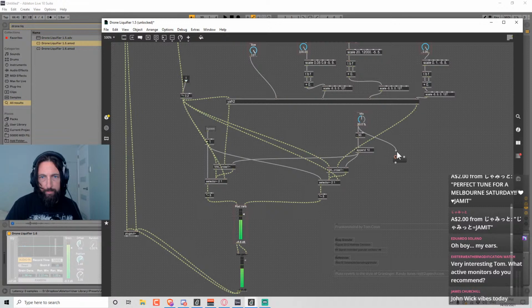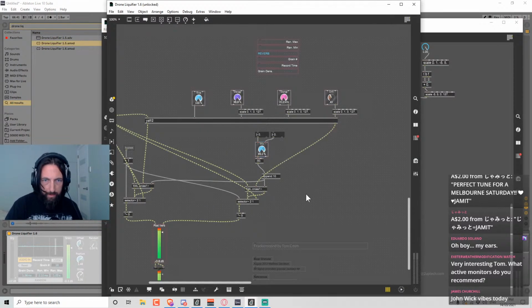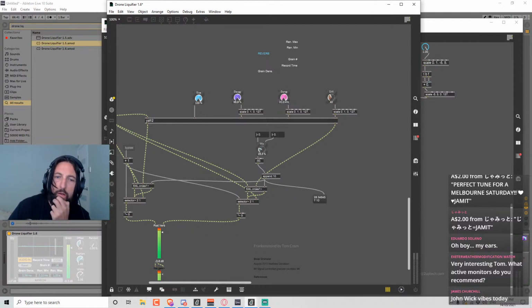So this just outputs 0 to 100. The append on. Negative 50 to 10, okay. Should be doing the same thing. Uh-huh.